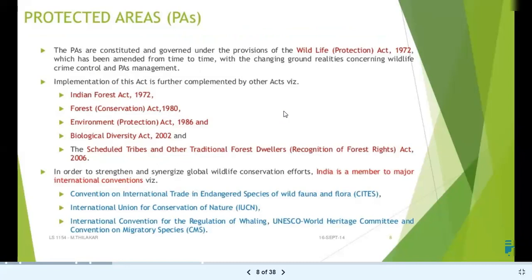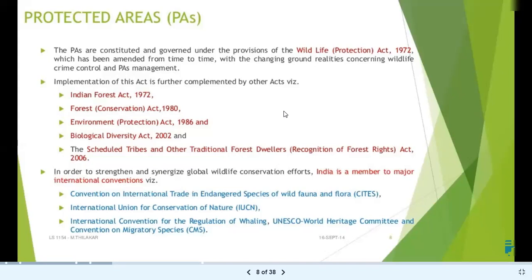Then implementation of this act is further complemented by other acts such as Indian Forest Act 1972, Forest Conservation Act 1980, Environment Protection Act 1986, Biological Diversity Act 2002, the Scheduled Tribes and Other Traditional Forest Dwellers (Recognition of Forest Rights) Act 2006. So in order to strengthen the synergized global wildlife conservation efforts,